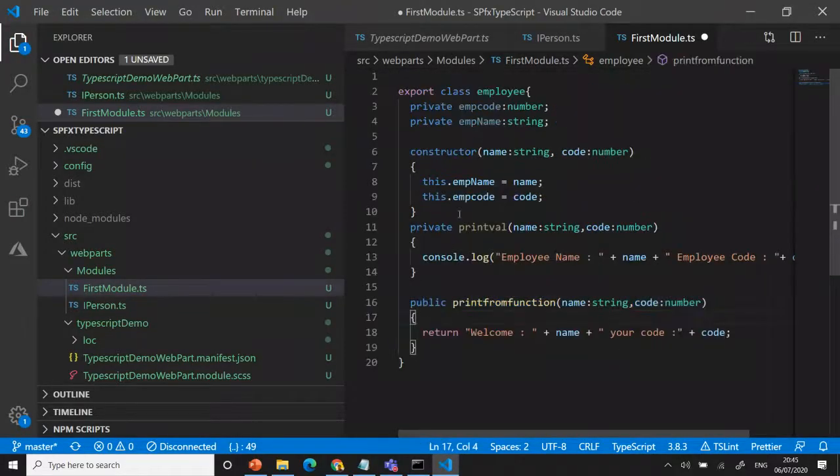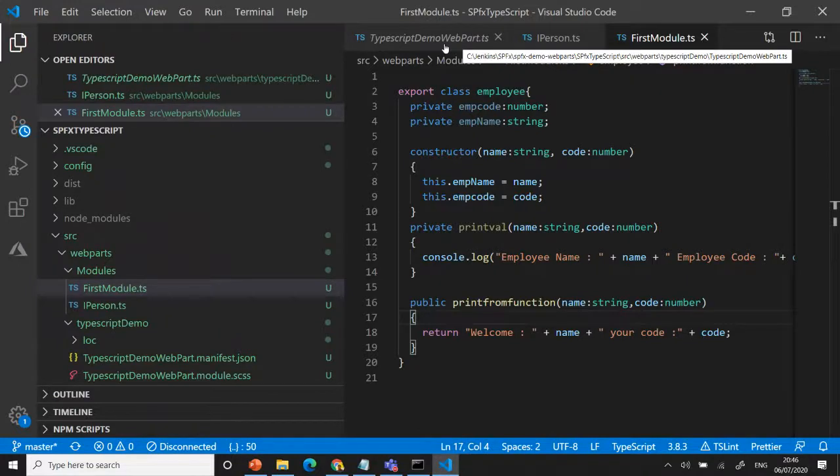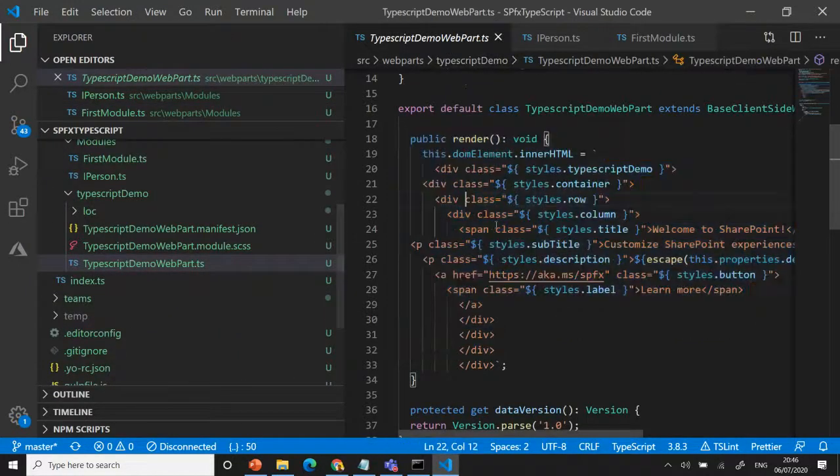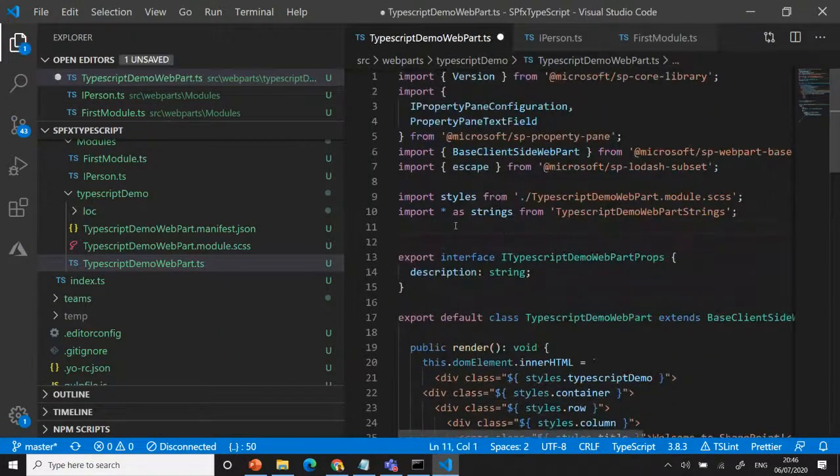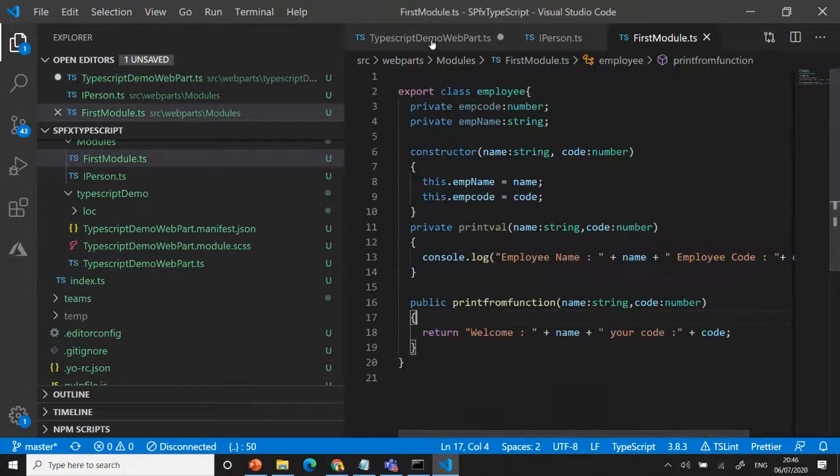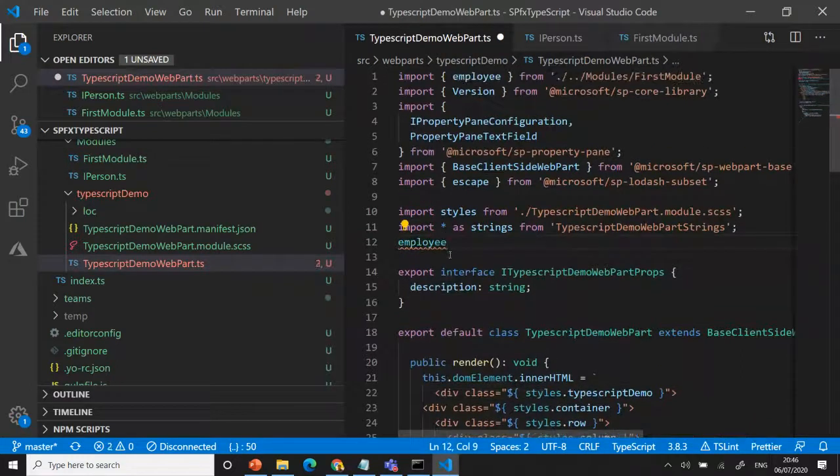Okay, we have this class now. Whenever you're using the class, normally we call it from the main part, right? When you go here, you can see you can get the import. For example, the class name is employee, and once you get it done, you can get this model directly.